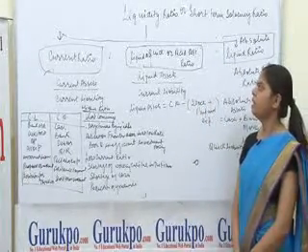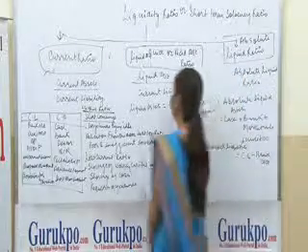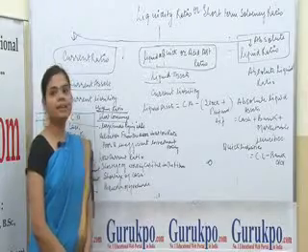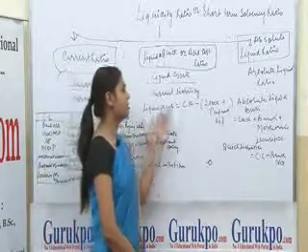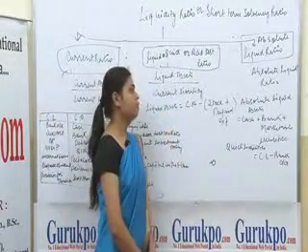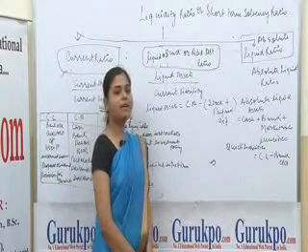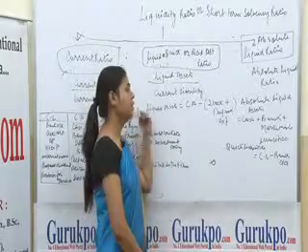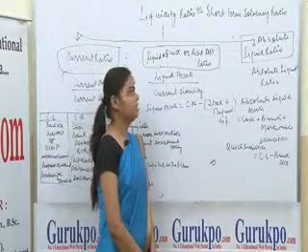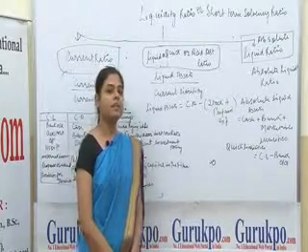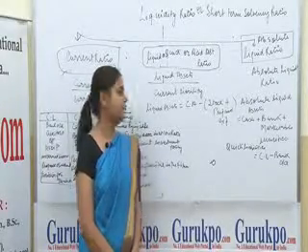Second short-term solvency ratio is liquid or quick or acid test ratio. Its formula is liquid assets divided by current liabilities. Liquid assets is equal to current assets minus stock plus prepaid expenses. Current liabilities are the same thing as in the current ratio. Its ideal ratio is 1:1. If our ratio is 1:1, it denotes the sound and good financial position of the organization.